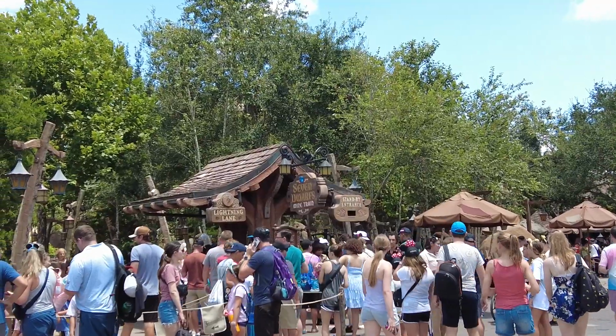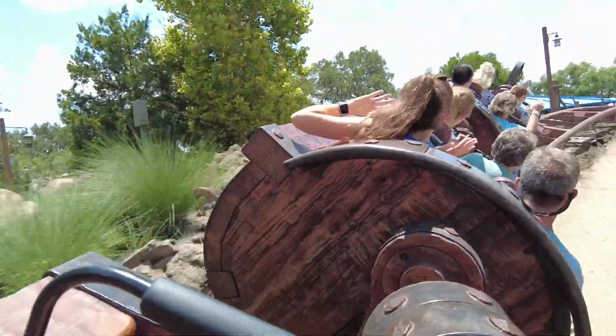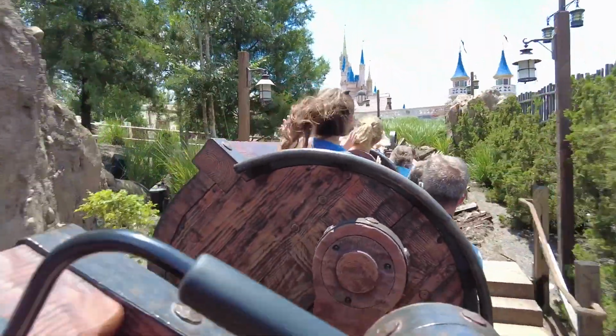We've made it over here to Seven Dwarfs Mine Train. Now this is that individual lightning lane that you can purchase for an additional cost. Today it was $11. The other individual lightning lane for Magic Kingdom is Tron, and the Tron's price point today is $20. The Seven Dwarfs Mine Train is 120 minutes right now as I'm looking at it, and so